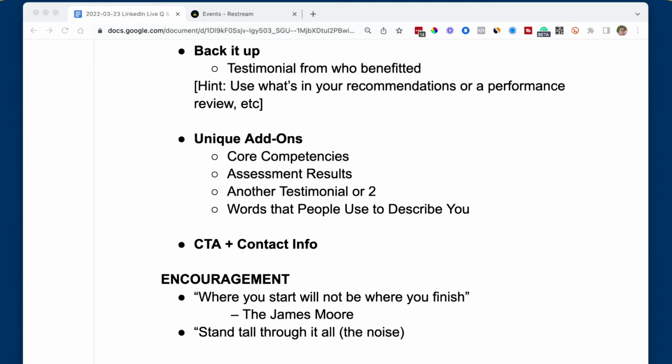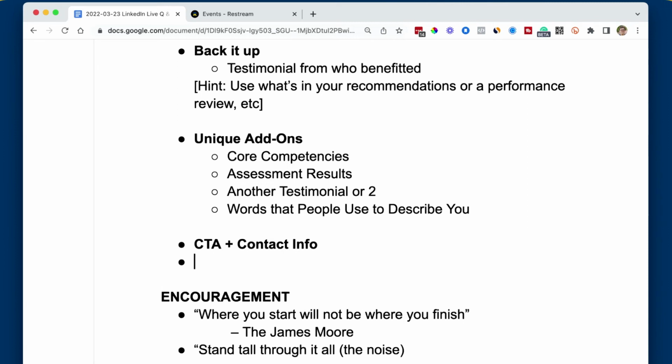All right, CTA. This is a huge one. CTA is call to action. CTA is communicating that you want to be connected with, that you want to take next steps, that you're available for a conversation. So I would say maybe something like this. Let me unbold that. If you would like to collaborate, or let's say this, I'm just making this up. If you would like to connect or collaborate,